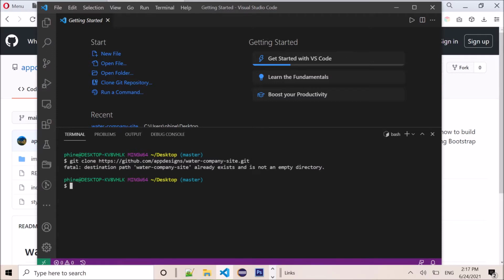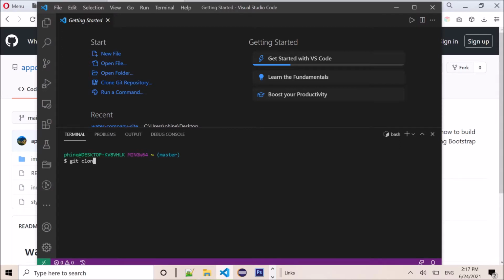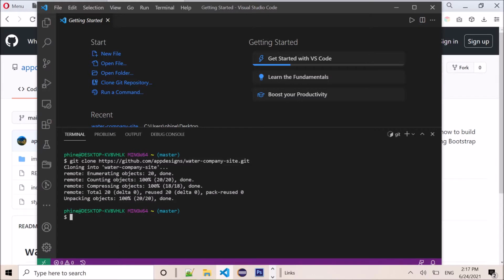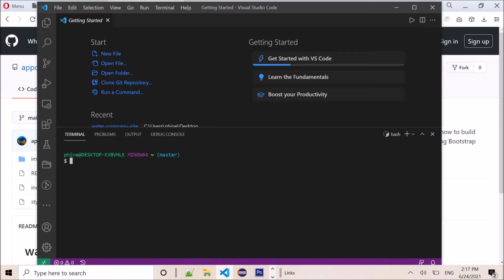Of course, it says the destination already exists. Okay, so that being said, I will have to change the directory. So let's say I would like to go back, and then git clone once again, paste it, cloning was successful. I would like to clear the terminal, and then cd into the current directory, which is waterside company, clear, and then that's it. I'd like to actually